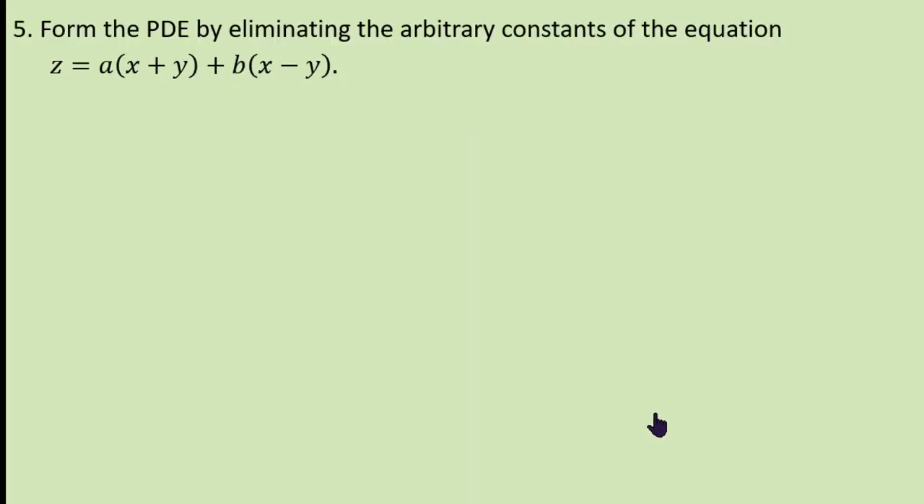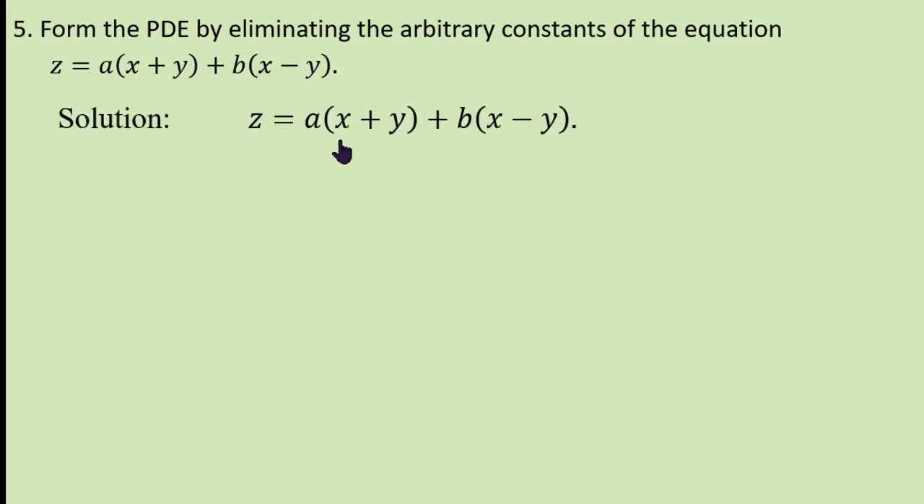Next problem. Form the partial differential equation by eliminating the arbitrary constants of the equation z equal to a into x plus y plus b into x minus y. Now, before differentiating z partially with respect to x and y, you can rewrite this z as ax plus bx. Ax plus bx means x into a plus b, plus ay minus by, that is a minus b,